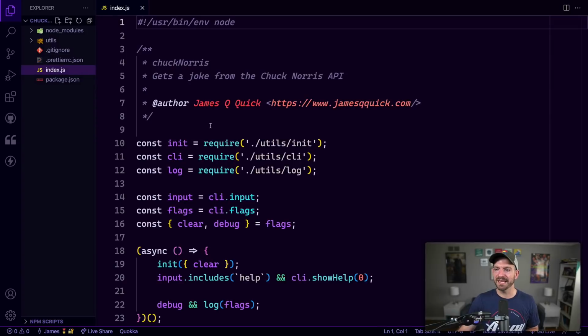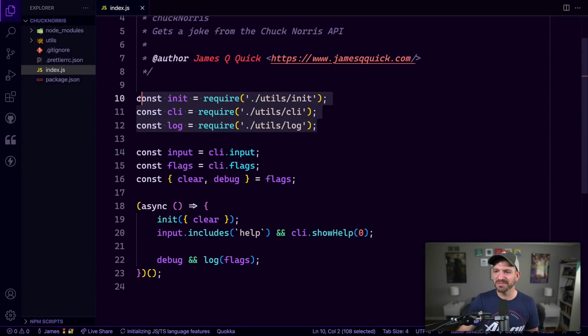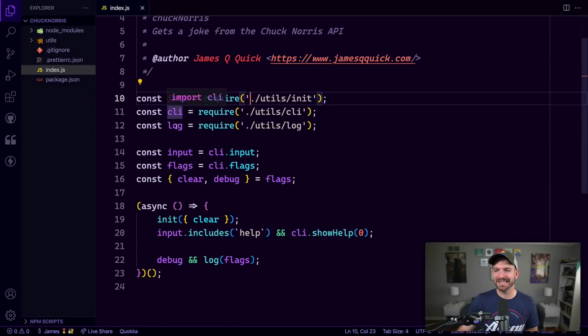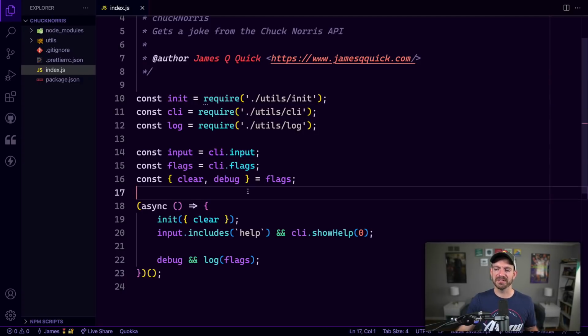And then if we look inside of the index.js, it requires a couple of different files, the init, the CLI, and log. And really, these are kind of just simple helpers here. We'll take a look at those in a second. So you can grab the input and the flags. The flags are going to